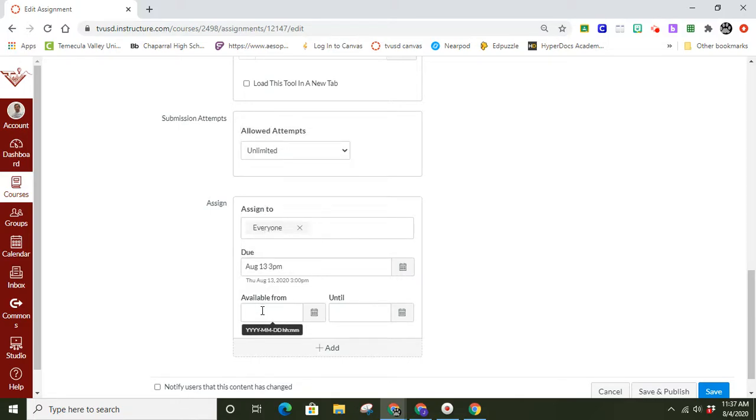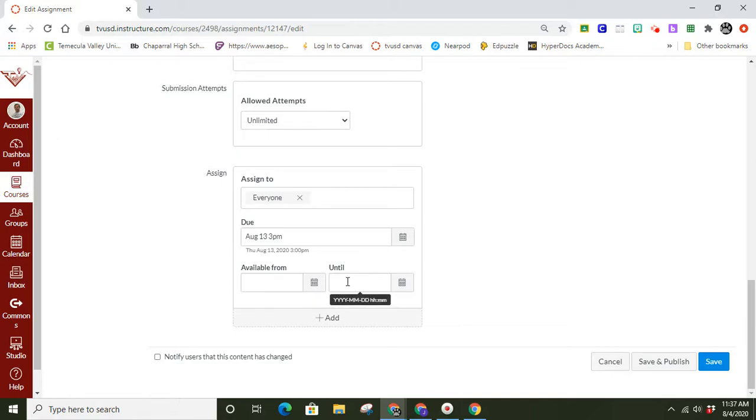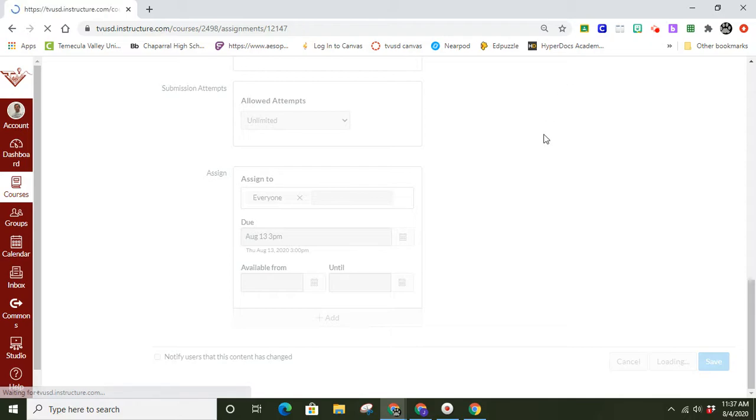If you don't want people to have access to it, they can see, like for a test that's going to be next Friday, you could put it in there on the module. They could see that there's a test next Friday, but they can't open it up yet. So you could put a specific date they could open it up. And then when it closes, they can't access it anymore either. So if we hit save and publish,